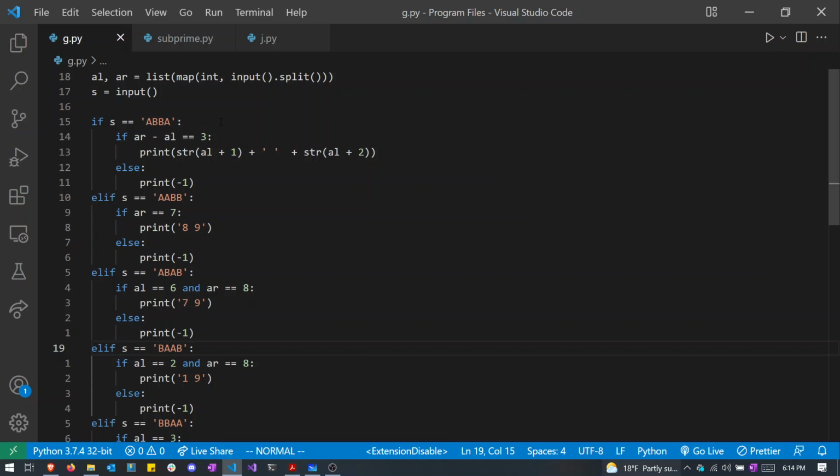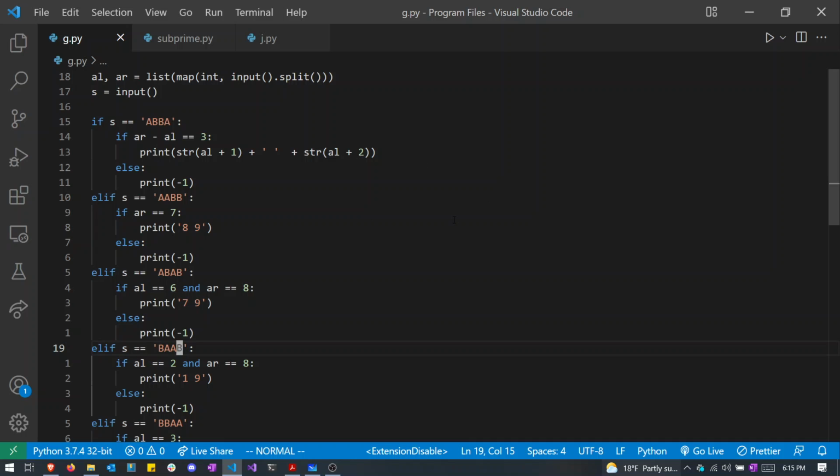And then that last one does require a little bit of math. It's just checking that if Alice's cards are on the outside and the difference between them is 3, then we can determine those two middle ones. So if it was 1 and 4, 4 minus 1 is 3, then we know that B and B can be 2 and 3.